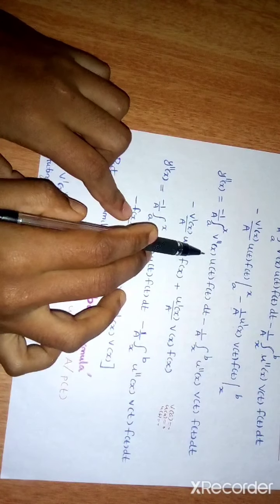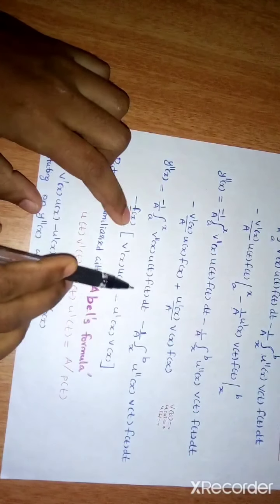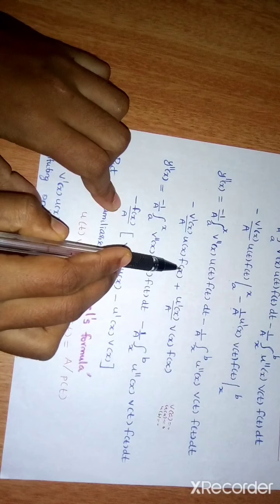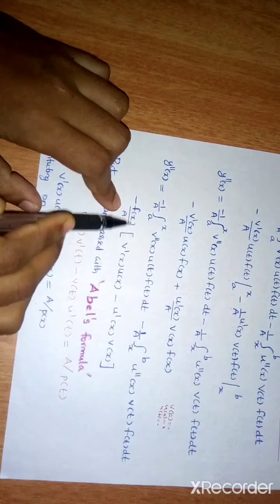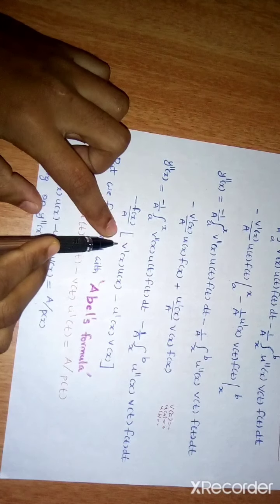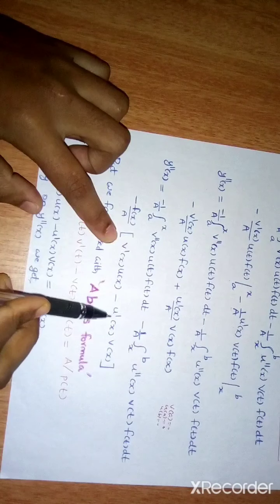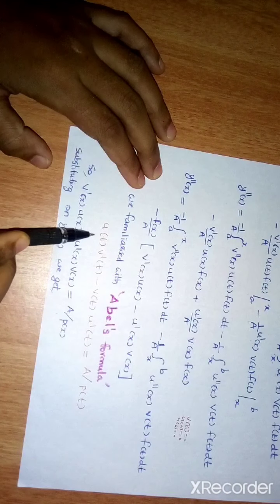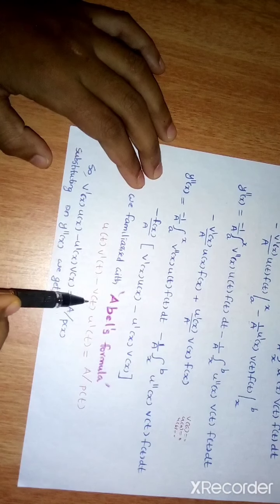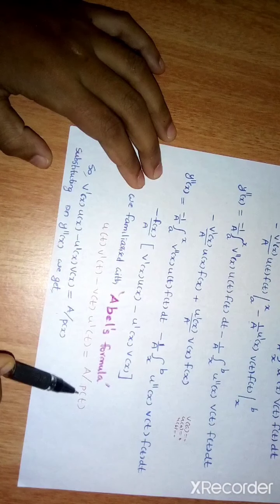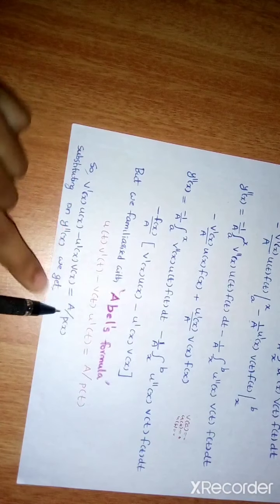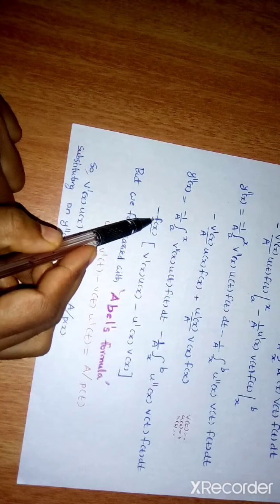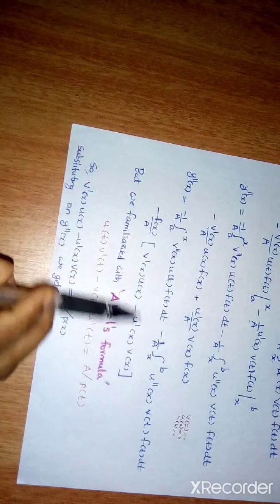Then we just rewrite both integrations like this, and from the last terms we can take common minus f of x by a. Then the remainder will be v dash of x u of x minus u dash of x into v of x. And we are familiar with Abel's formula. What was that? u of t v dash of t minus v of t u dash of t equal to a by p of t. Then instead of this we can put a by p of x. When I put a by p of x here, this a will be cancelled out, and the left term will be f of x by p of x.